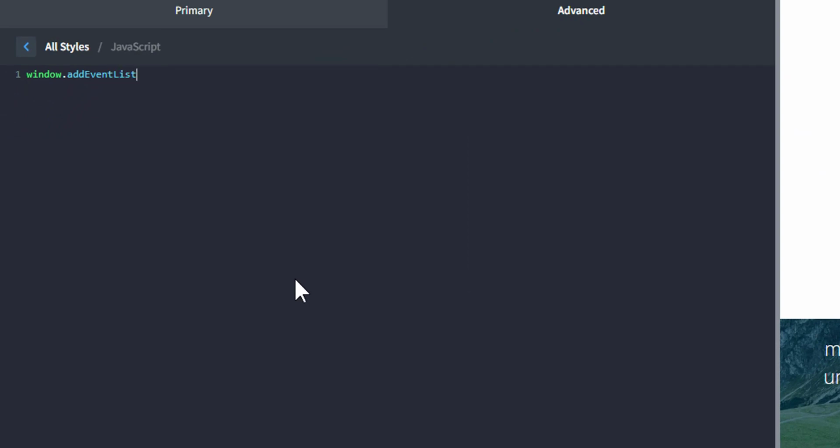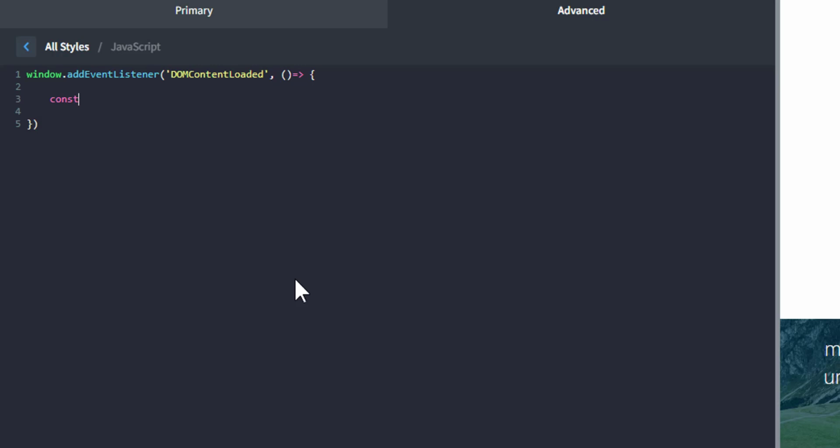So window add event listener, DOMContentLoaded. So all our code will be inside here.